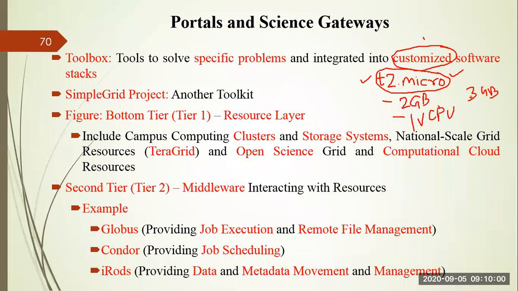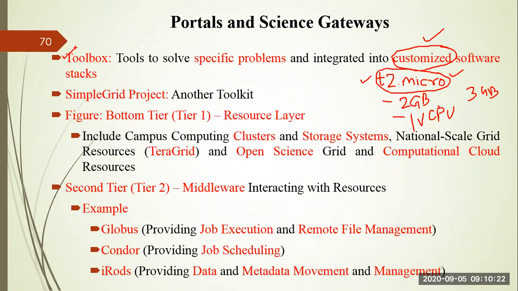Which require customization, right? Customizations you can do, you can edit. But such facilities will not be available if you go for particular instances like T2 mini instances, micro instances, large instances. It is not possible. So this customization you can get through this toolbox solution. That is one of the advantages.